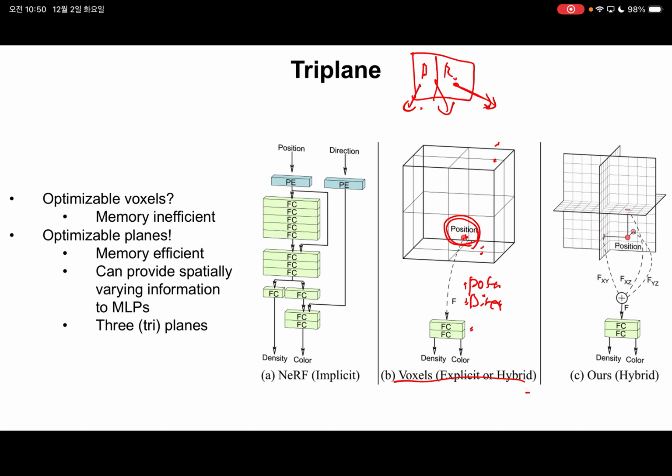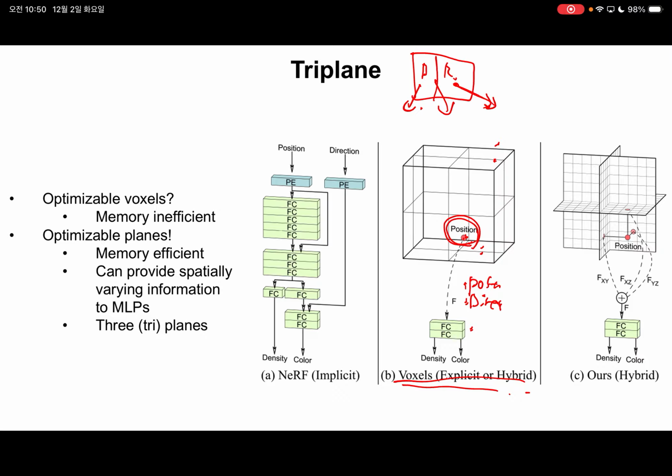Then the MLP is aware of the spatially varying semantic information of this volume, for example, which image NeRF tries to represent. Such information can be provided to MLPs. So voxel is one way,